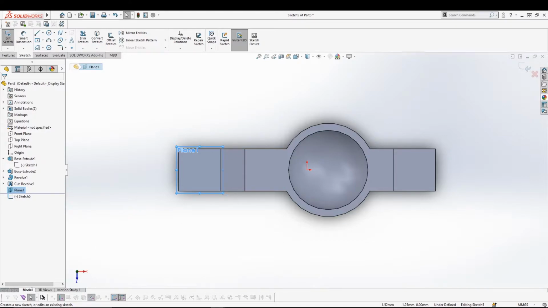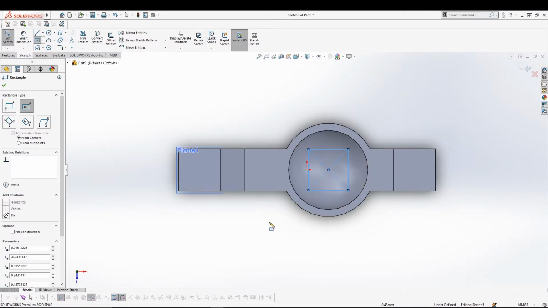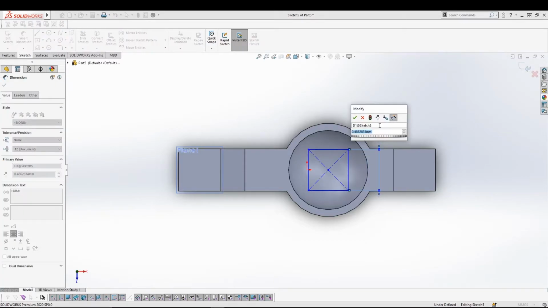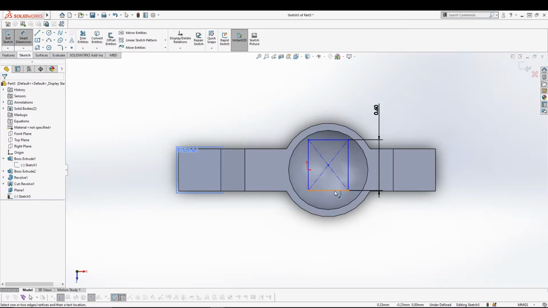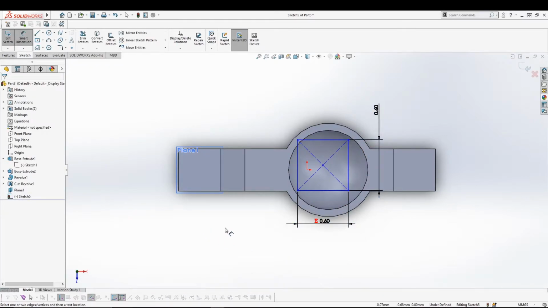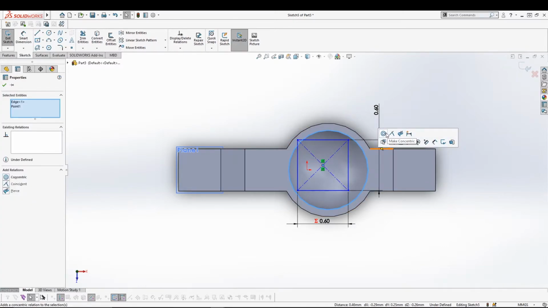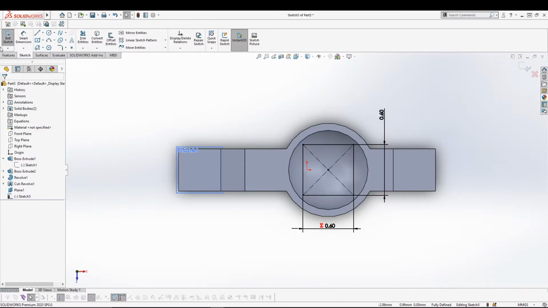and this time let's go for a center rectangle from the center of the circle. If you come to your center of the circle, it will give you a point. That means we are selecting from the center of the circle. Let's draw a square, give it a dimension 0.6. For this one I will say equal to 0.6. Alright, now it seems that it's a bit off from the center, so I'll select the center of the square and the circle, make them concentric. Alright, we can exit the sketch now,